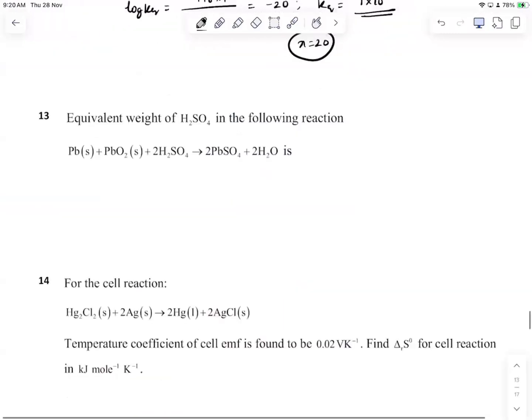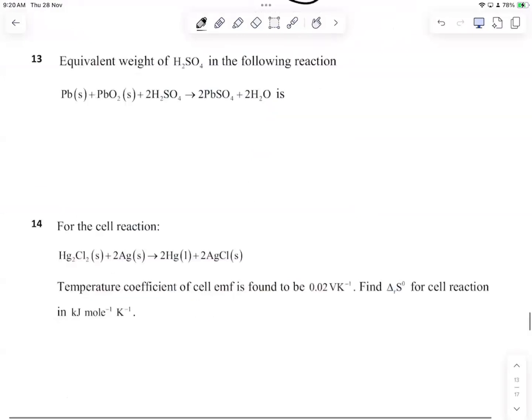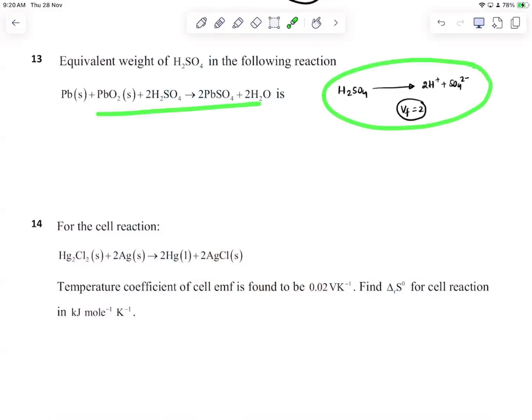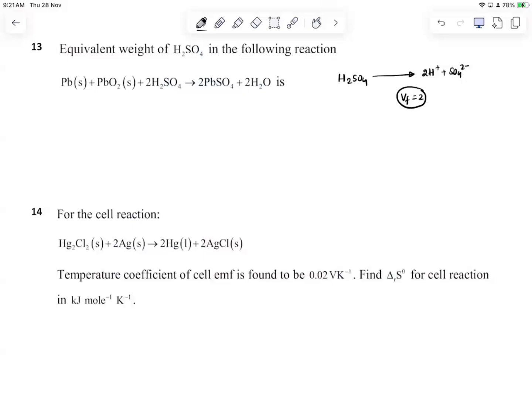Next. Check out this 13th question. Equivalent weight of H2SO4 in the following reaction is a very, very important question. Normally, whenever we think about H2SO4, one thing we get in our mind is that this is a strong acid, which can produce two H plus and SO4 2 minus. So therefore, valency factor should be 2. Okay. As a general acid, it is true, but when it is present in a lead storage cell, if you notice properly, what is happening is